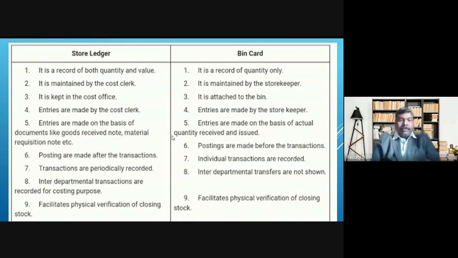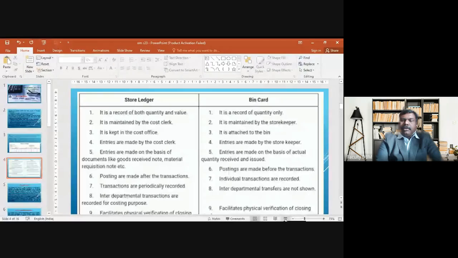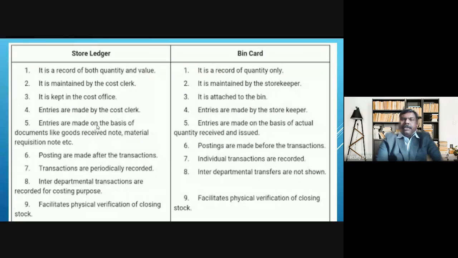It is kept in the cost office and it is attached to the bin. While attached to the bin, why don't we need the cost or the value of that item? So in that bin card, you can see only how much quantity is in that particular store. Those details we are going to see on the bin. So the difference between the bin card and the store's ledger lies in the maintenance by that particular professional or individual,